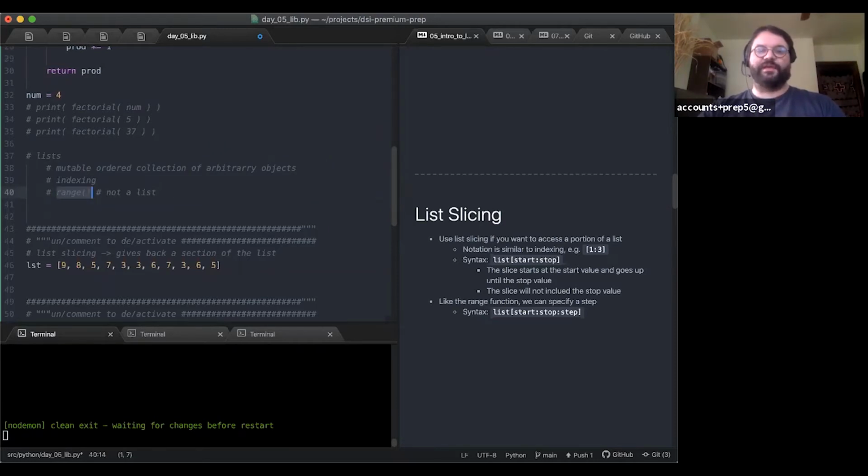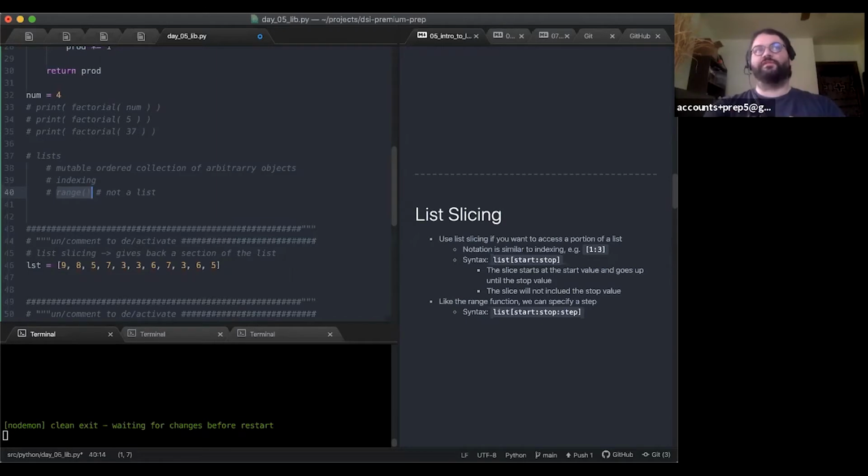So range just generates a range of numbers. The range function takes 1, 2, or 3 arguments in any case. The only acceptable arguments are integers that define the boundaries and the step. So if you supply 1 integer as an argument, that integer will be used as the upper bound.